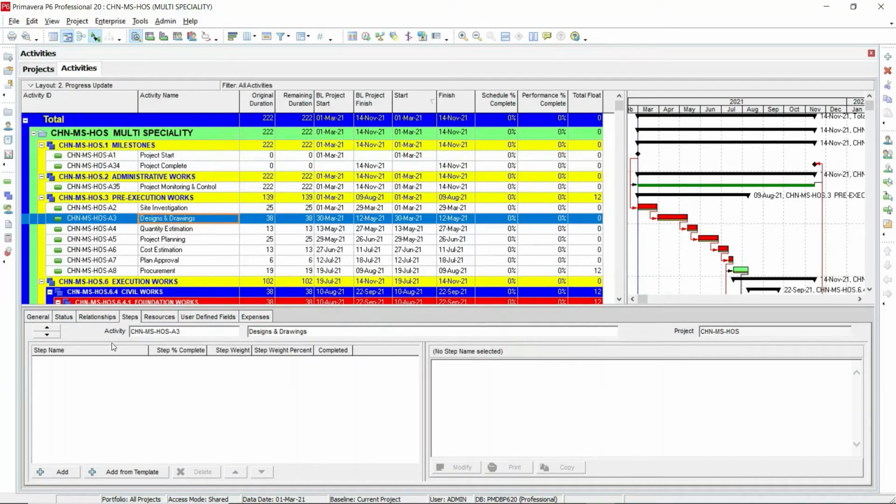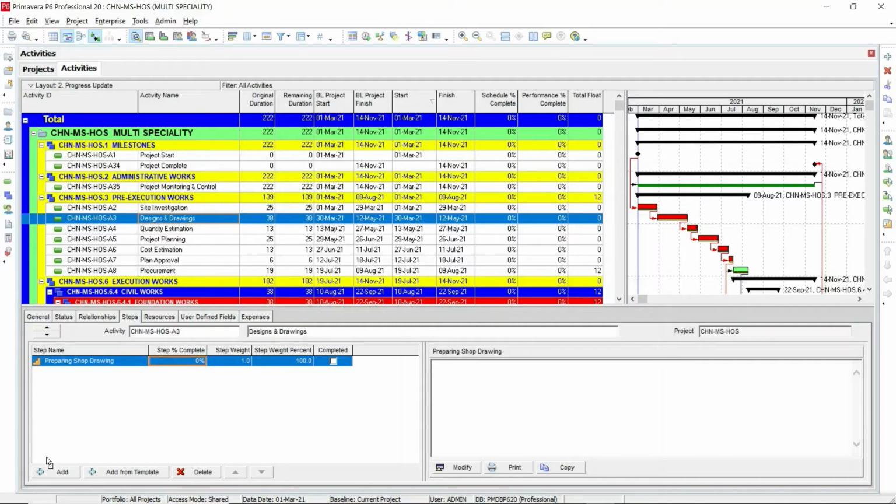So we are going to create the steps in the bottom layout. The first step, you can directly add here and rename the step. The first step is preparing shop drawing.